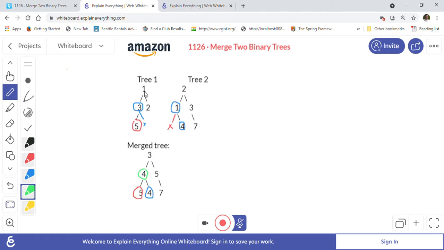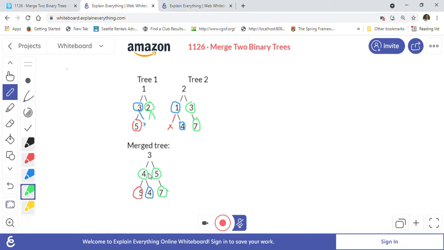Now before we reach the root of both trees, we have to evaluate this node, 2 and 3. As you can see, to evaluate it we have to go to the right side of 2 and the left side of 2. Both are null for 2, left and right both are null, but 3 has a 7 here, so we have to keep 7 in the merged tree. The left of 5 is null, as you can see, there is nothing on the left side of 5, and then we will have to add 2 plus 3. So 2 plus 3 is equal to 5, so we just put 5 here.